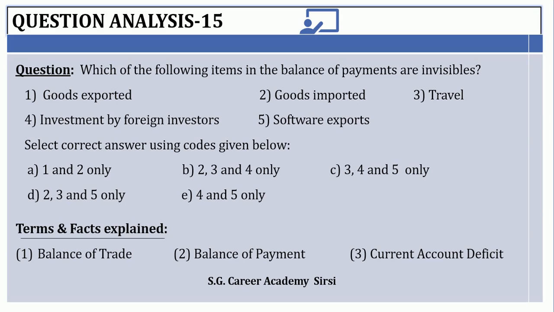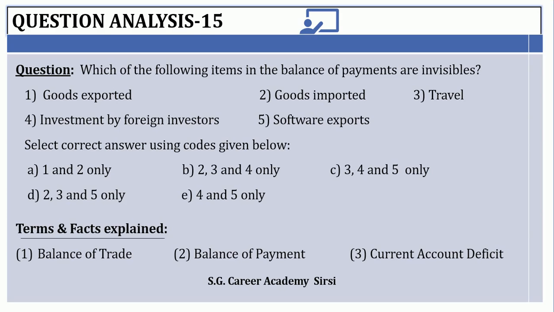The first one, balance of payments, is a summary of the statements of a particular nation with the rest of the world regarding imports and exports, including visibles and invisibles. Then what do you mean by visibles and invisibles? Visibles means concrete goods, like merchandise products, which can be touched and felt. That is what we call visibles.